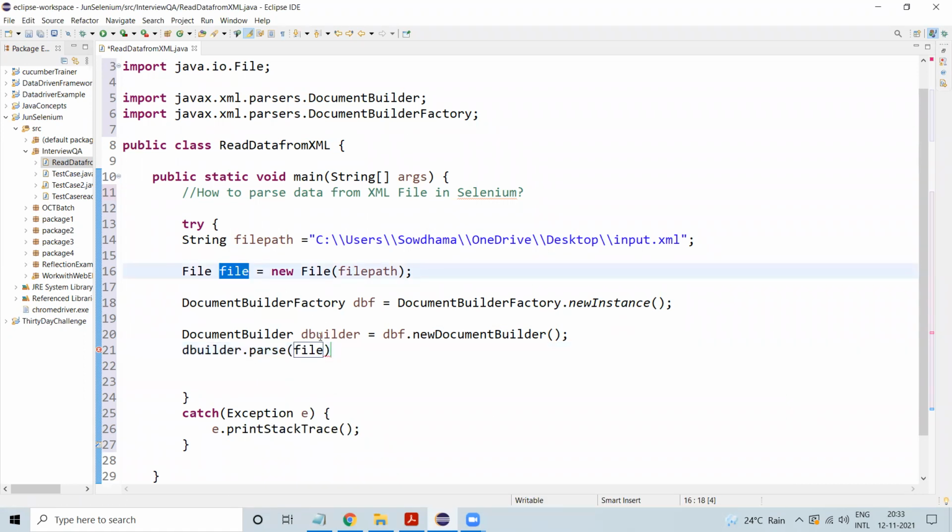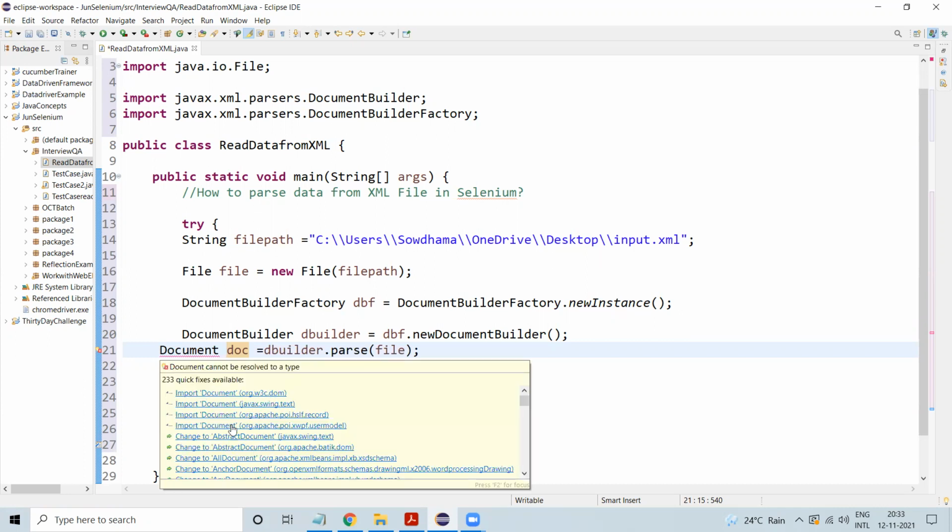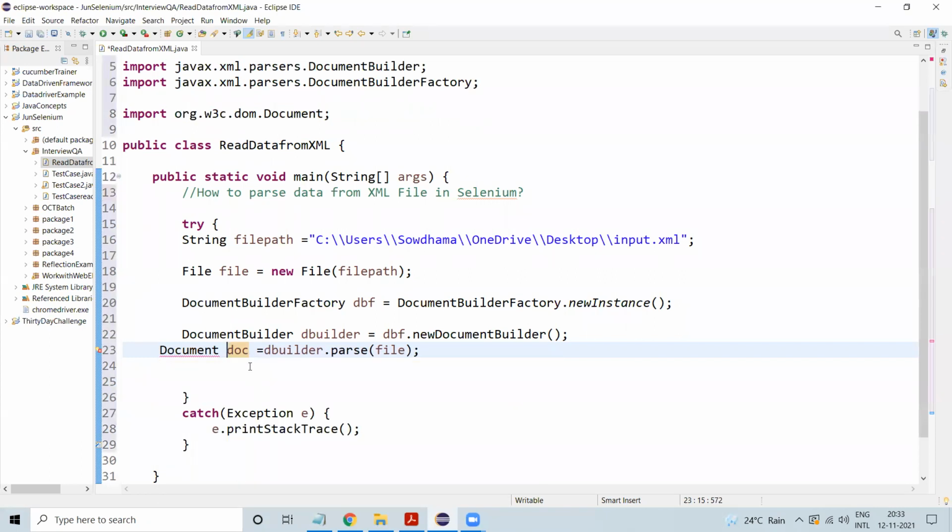This is the file we are storing over here. So I'm just passing this. I'll store this in one variable, doc equal to, so this will be the Document type. Here you can see many import options are showing. To make sure, you need to import the W3C Document.